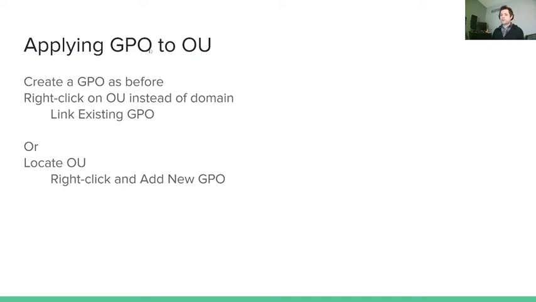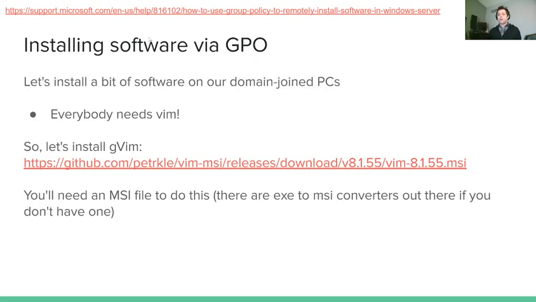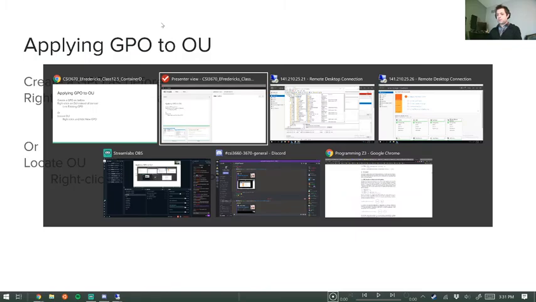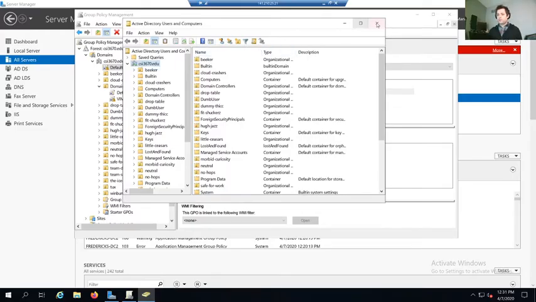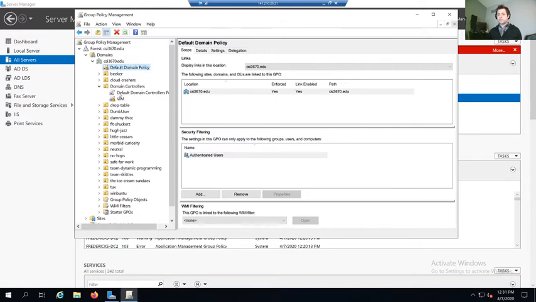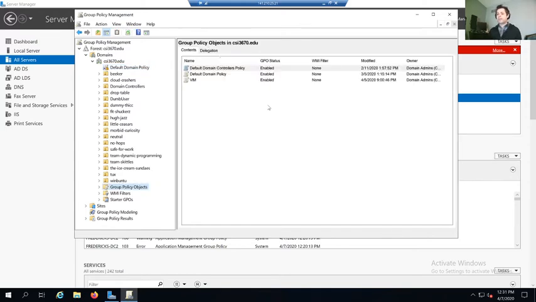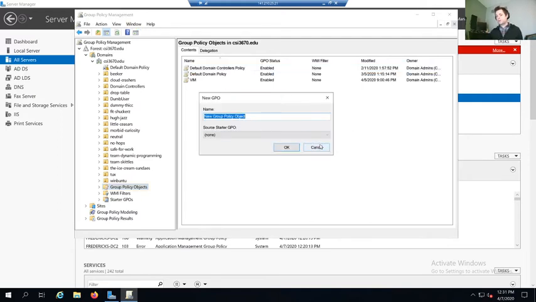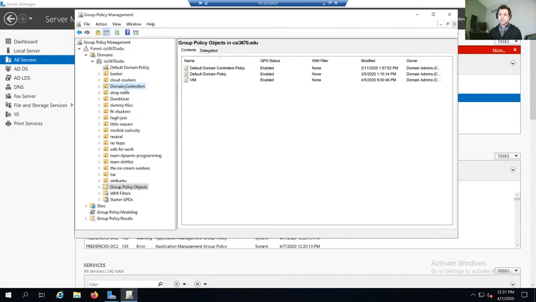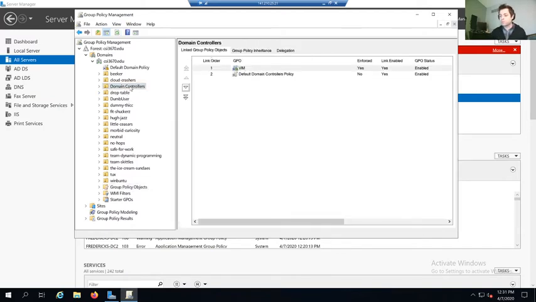We've already applied the group policy object to organizational units. You all did that in the lab. This is more of a review. But just to make sure we all remember, we have a group policy, and there are a couple of distinctions. Group policy objects by themselves are stateless. You can create a group policy object in here. This is my group policy objects folder in my domain. I can create as many of them as I want, but they're not going to be active until they are linked. So for instance, I click my domain controllers and I see this Vim GPO.